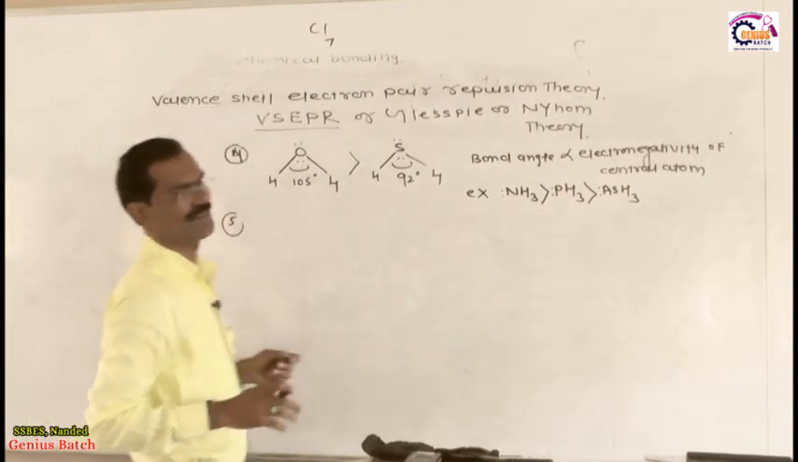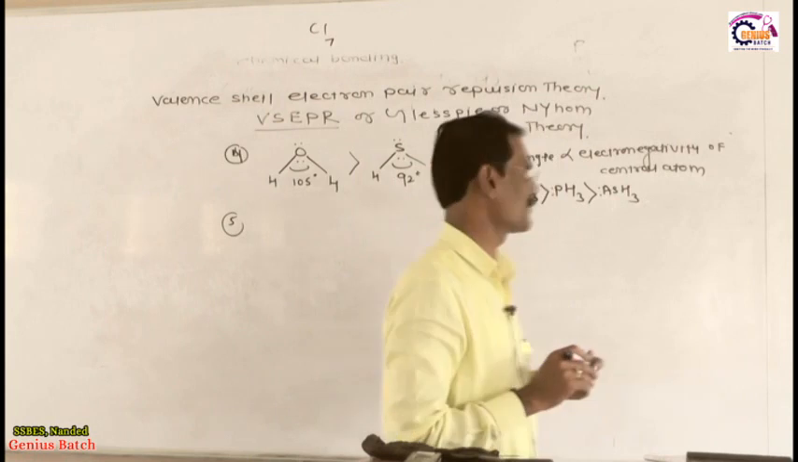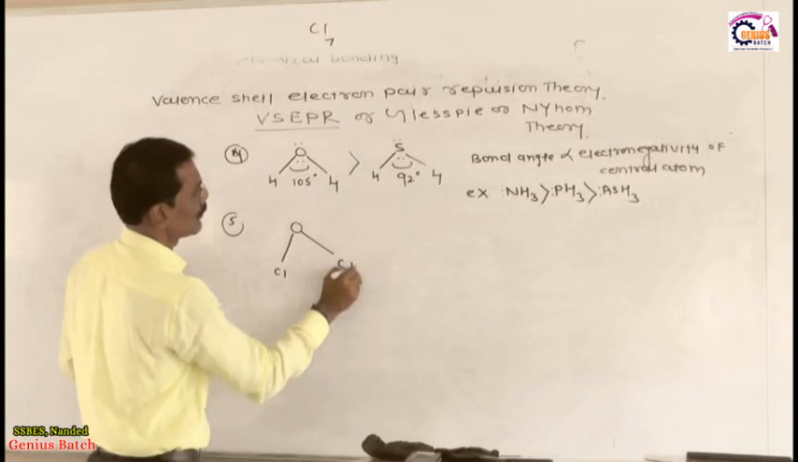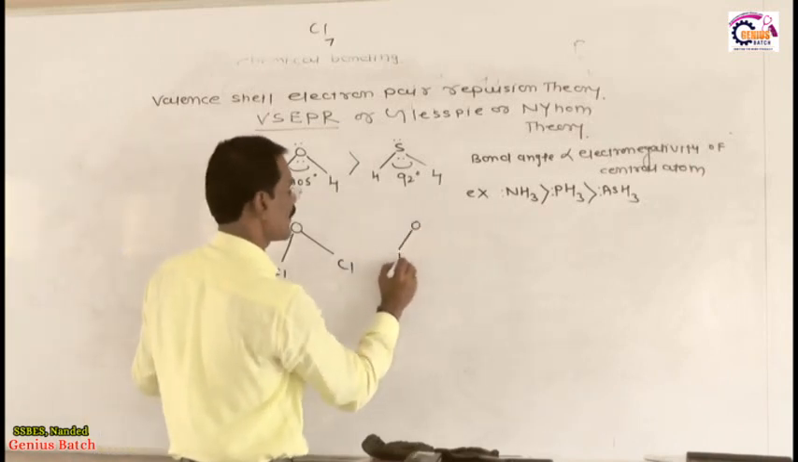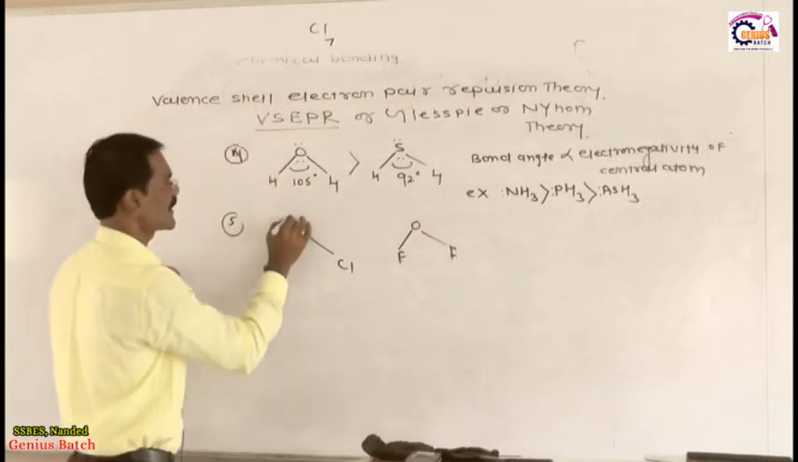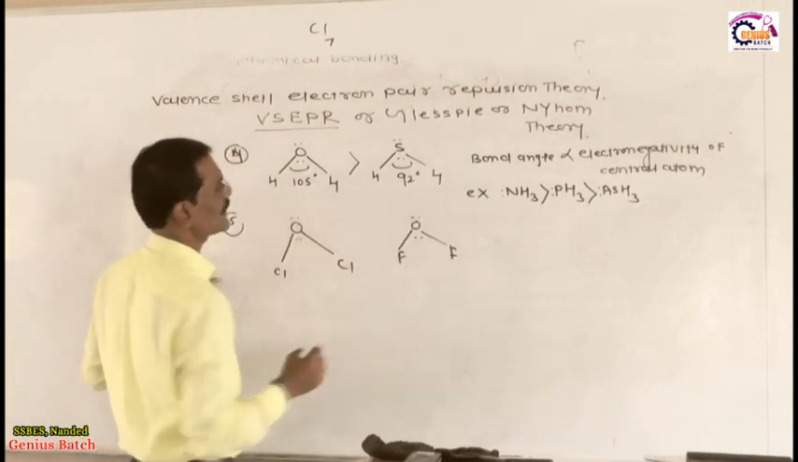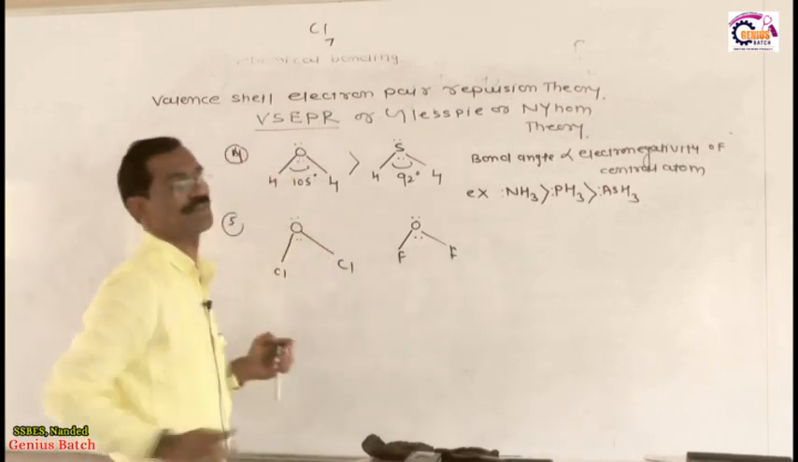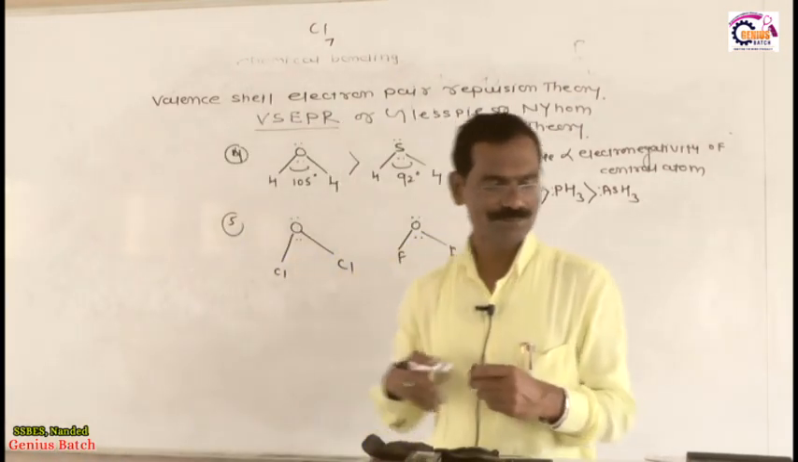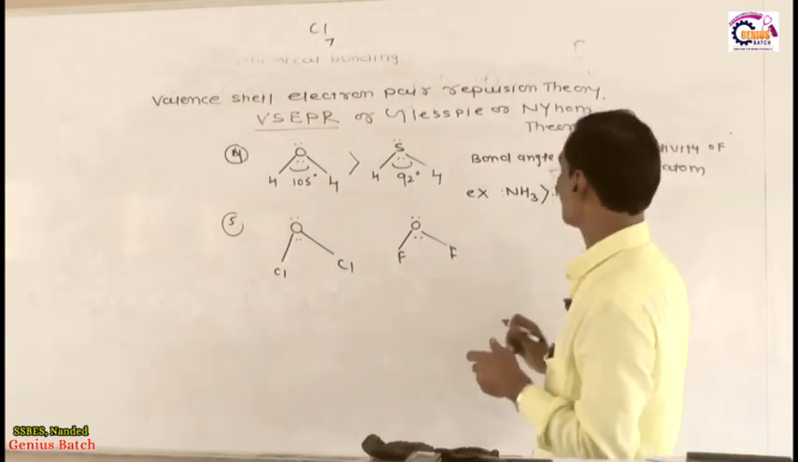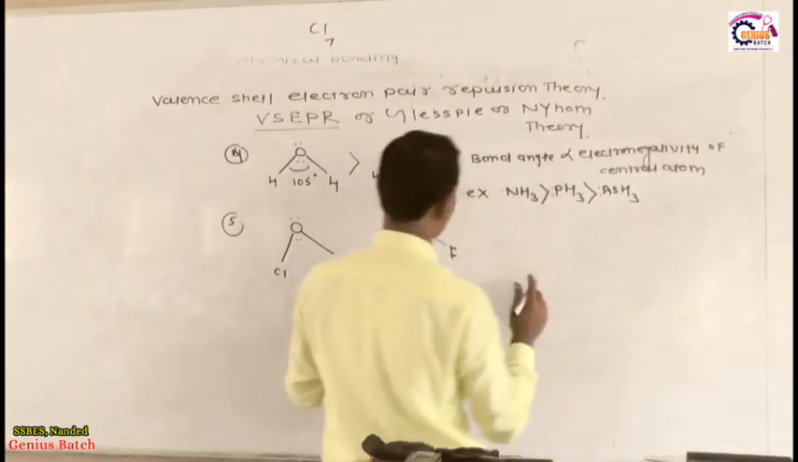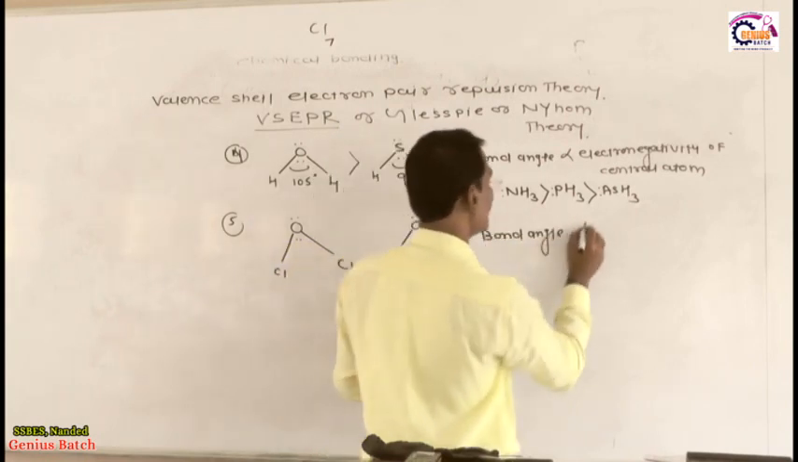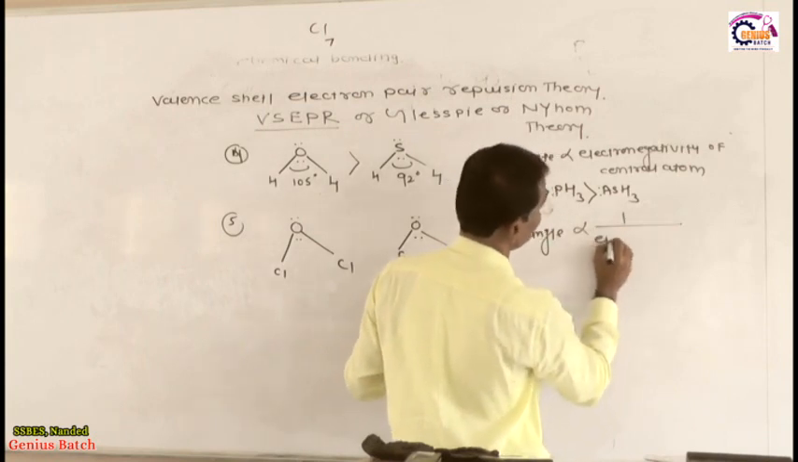Now I am going to discuss with you the next very interesting concept. Suppose, dear student, the second case is like this, OCl2, and suppose I have OF2. Now which is the case? The case in which the central atom with lone pair is the same but the side atom is different. Then what happens in this case? Listen, if the side atom is different, then here we say the bond angle is inversely proportional to